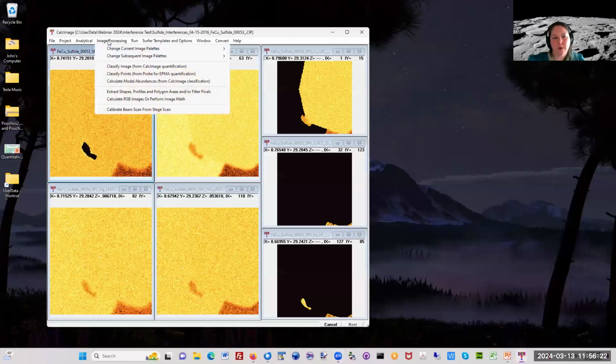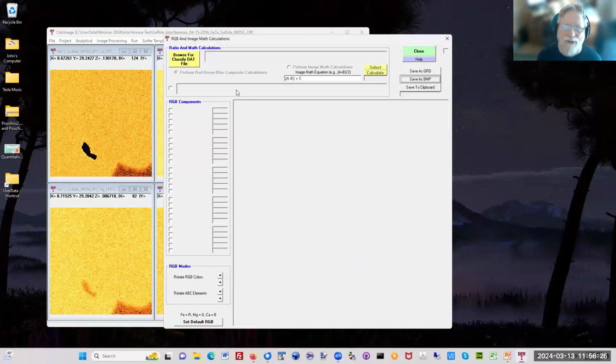Here's a question. Radek asks, can we calculate ratios in the maps? Yes. In fact, I can actually show this if I share my screen. It's just in CalcImage. Just like you can do map math on the JEOL interface. So here it is. What you can do here is